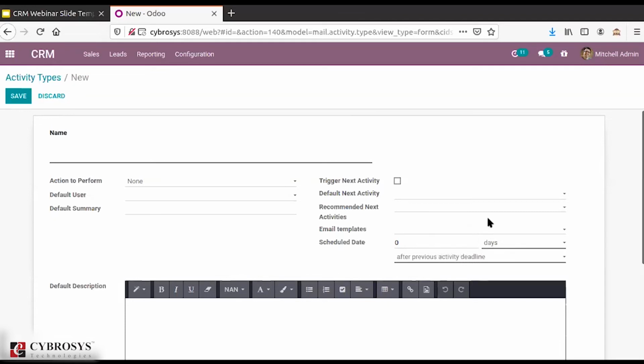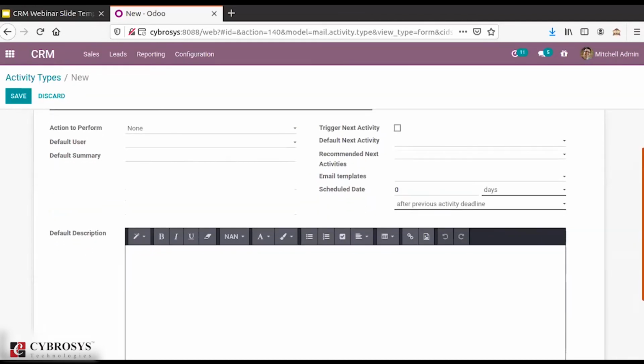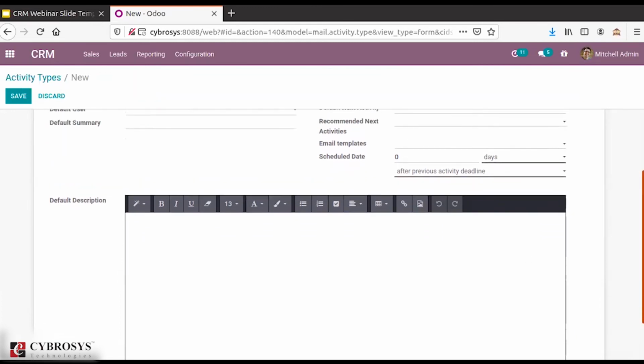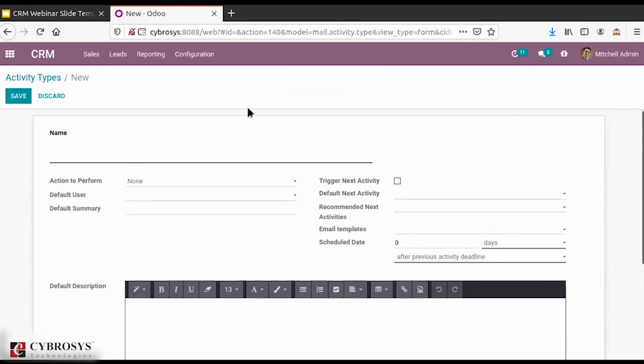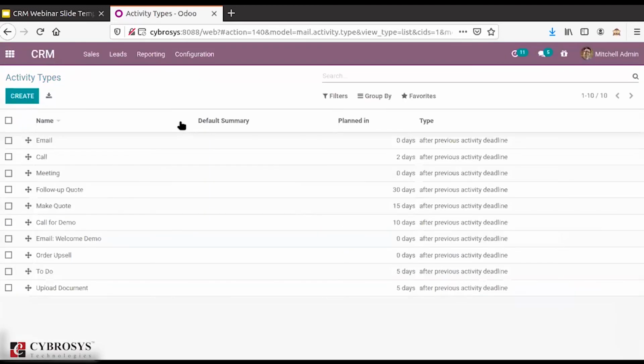So for that purpose we are having this option. And similarly you can provide certain descriptions to the activity types that you are creating over here. So these are some of the things that we are having with activities. So from here you can simply create your activity types also. Here you can see already created activities and all.